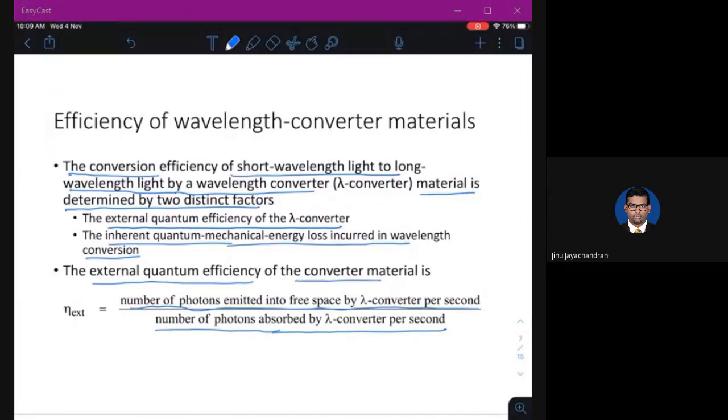The phosphor will absorb the 100 photons per second and let's say the yellow phosphor generated yellow light of about 80 photons, because some of the energy will be dissipated inside the material. So the efficiency is 80 by 100. That is the external quantum efficiency.